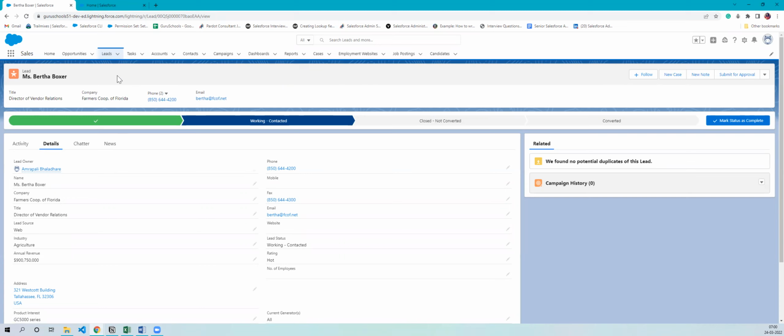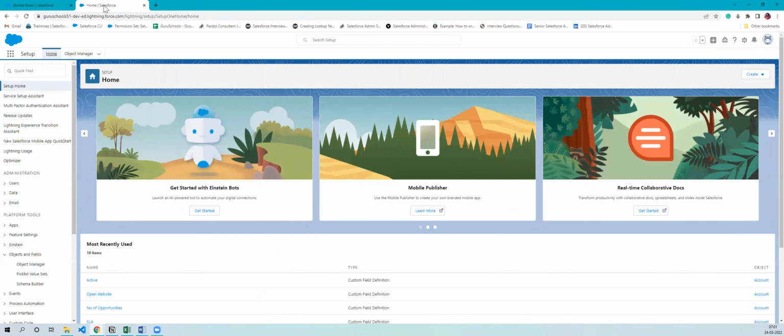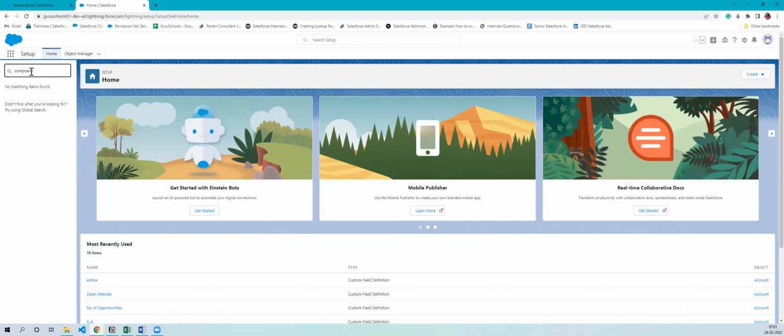Okay, let's move to the next topic, which is company information. Company information provides information about your organization or company, when this organization was created, and other information. So let's go to the setup. How can you access the company information? You have to go to the setup, then in the quick find box, enter company information,